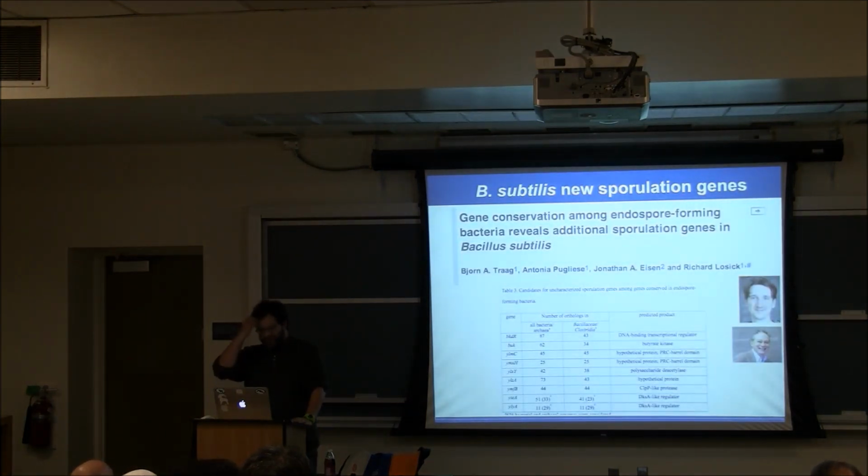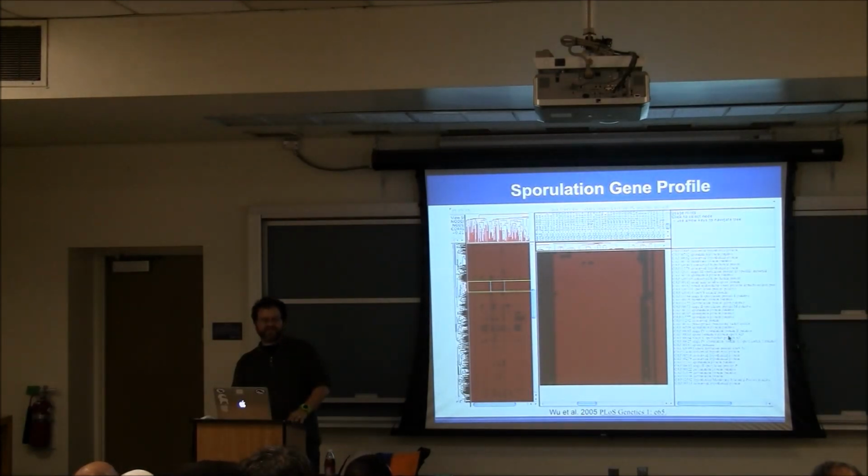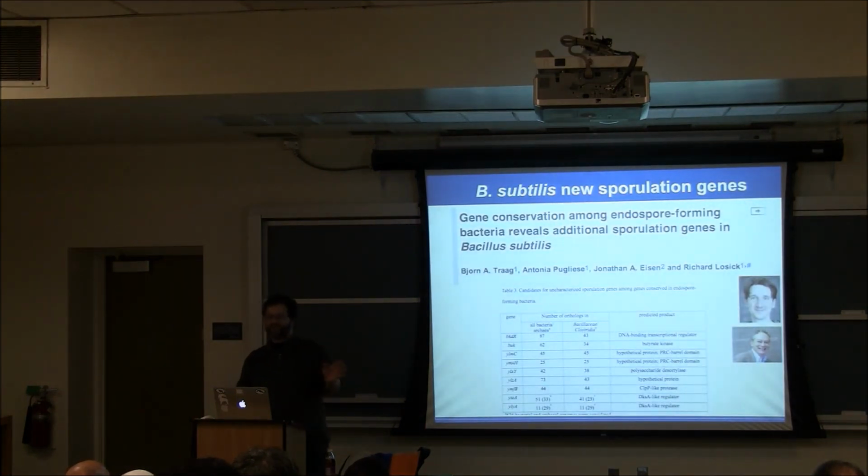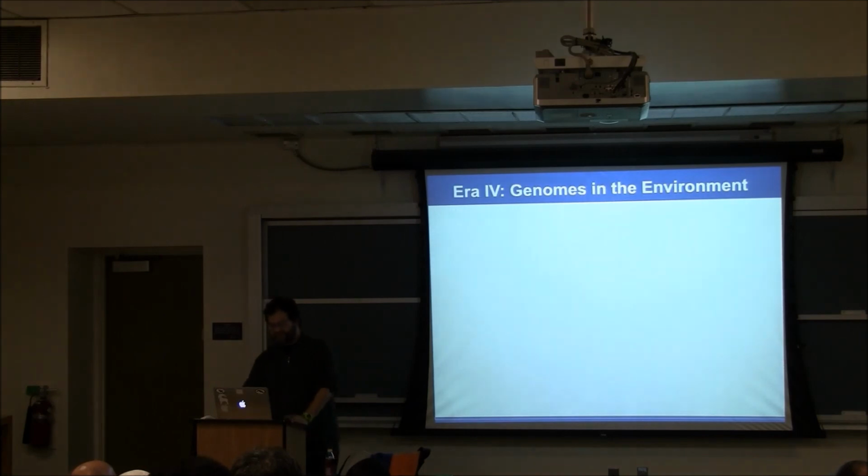Rich Losick's lab followed this up with a couple of papers, and we just had yet another paper that has shown that, in essence, every single one of these genes that was annotated as a conserved hypothetical protein but had a correlated distribution pattern to genes involved in sporulation are involved in sporulation. So this phylogenetic profiling is a really powerful tool for predicting function for genes that have not been experimentally characterized. And if you're analyzing genomes and looking for new functions to look at, I think this is the tool to use these days for comparative genomic analysis.